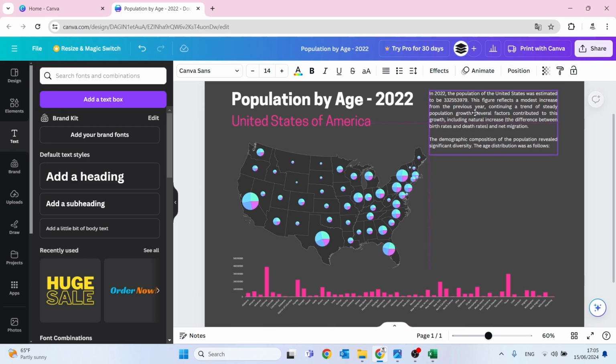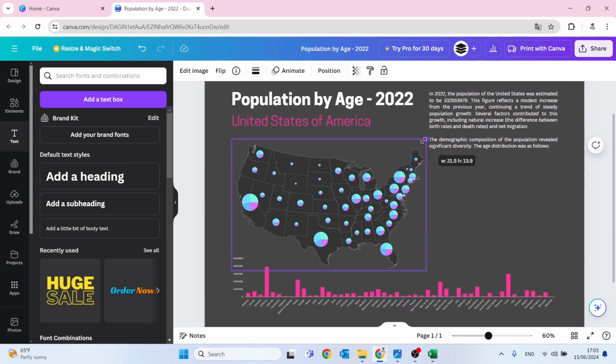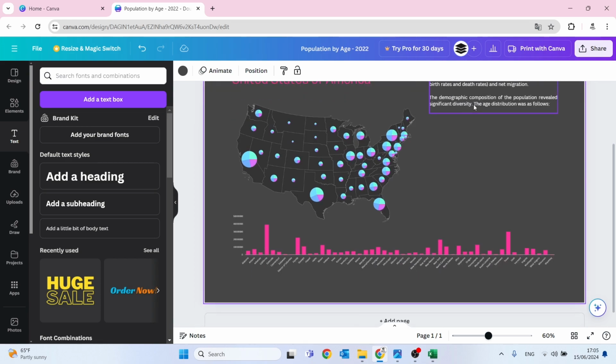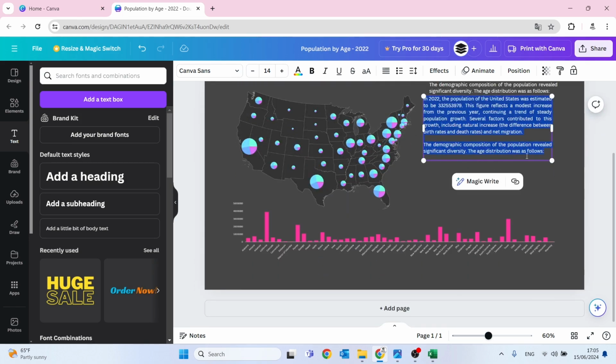Okay, I think this looks good. Let me just reduce the size of the map a little bit more. Place it here. It looks very good. Let me also copy this and paste, and I will type here